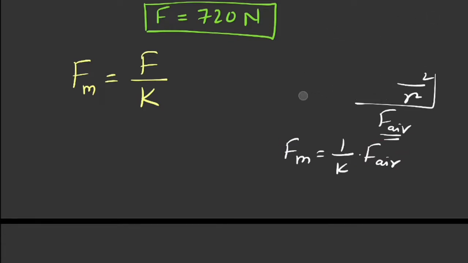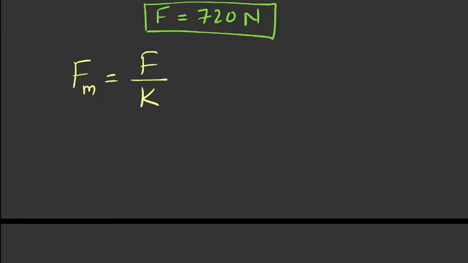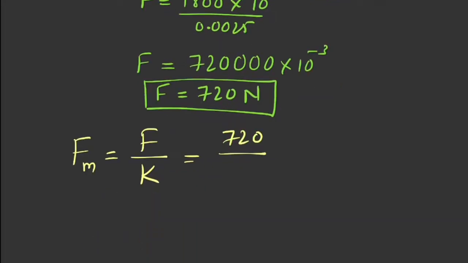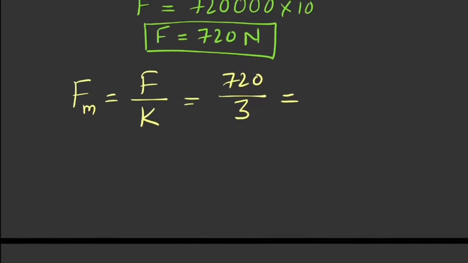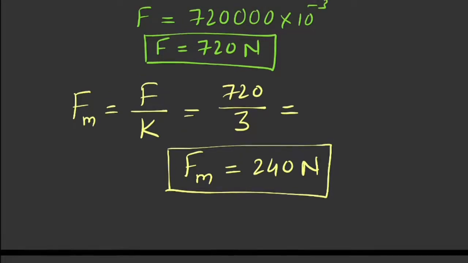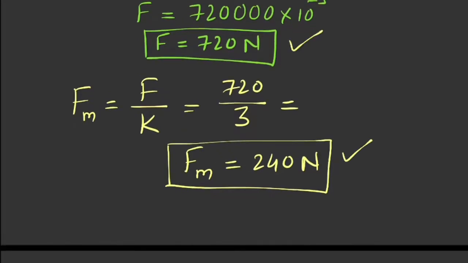Now let us calculate, because we have the value of F and k. Now what is the value of F we calculated? It is 720 divided by what is the value of k? K value is given 3, isn't it? Now put the value here, k becomes 3, and now 720 divided by 3. Now force between the two charges in medium, 720 divided by 3 becomes what? It is 240 Newton. So this is the force between two charges when they are present in other medium whose dielectric constant is 3. Okay, so this is the answer we got according to the numerical.